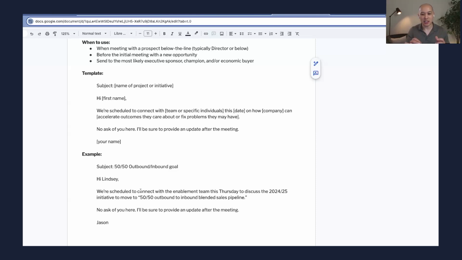So I want to pause here just within the panel. First, we'll start with this. I find this to be a really good way to prevent yourself from being single-threaded, especially with new business. But what are the thoughts on this tactic of, hey, before I even engage in that first meeting, let me let some of the senior folks know what's going to be happening so I can start to preheat the oven, so to speak?